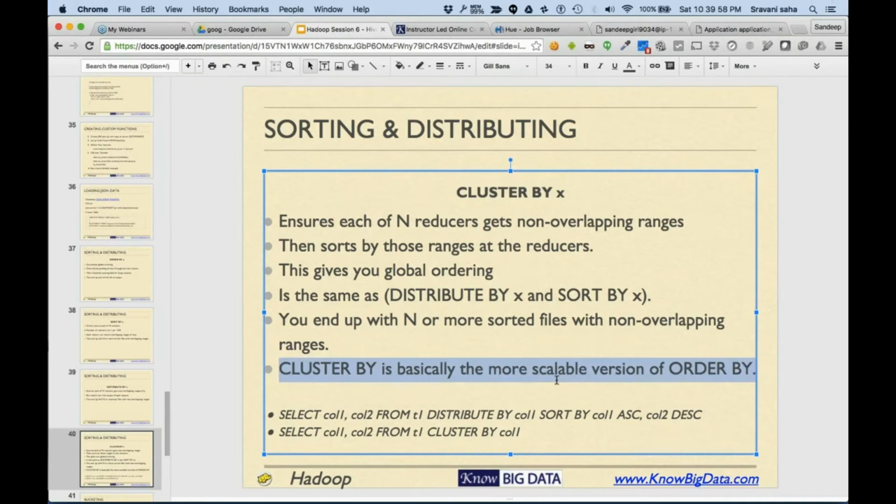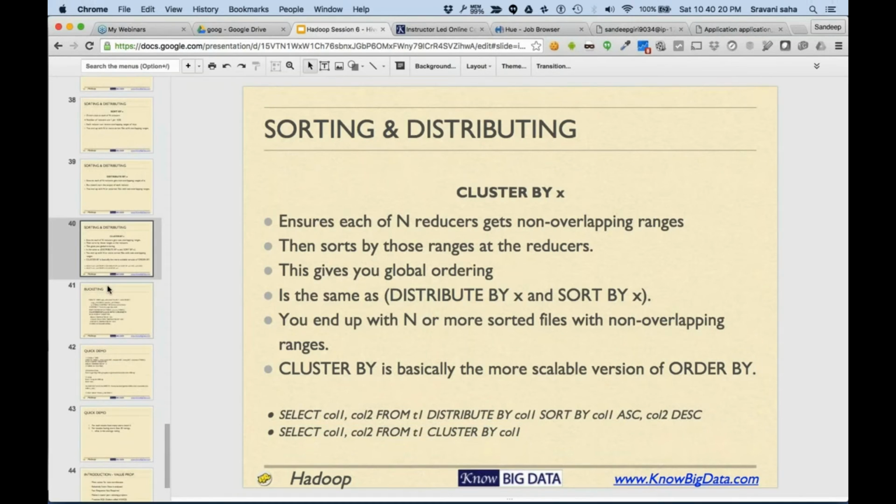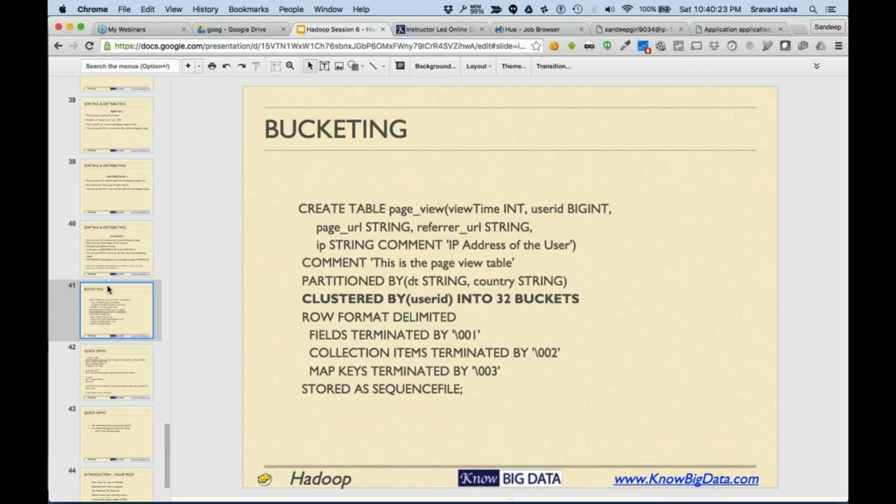Cluster by is essentially a more scalable version of order by. So you could say select column 1, column 2 from T1, distribute by column 1, sort by column 1, or you could simply say cluster by column 1. That was sorting, and there is also an idea called bucketing.